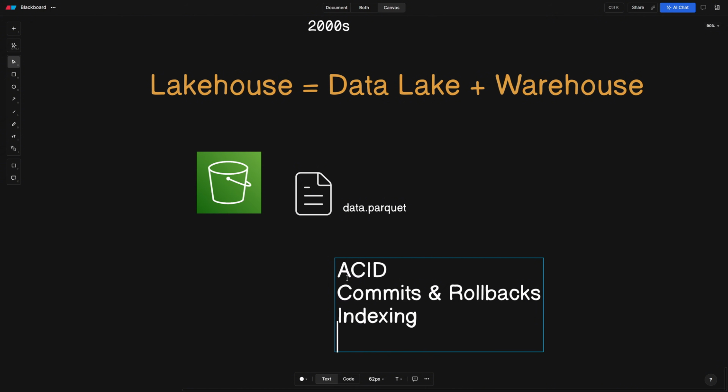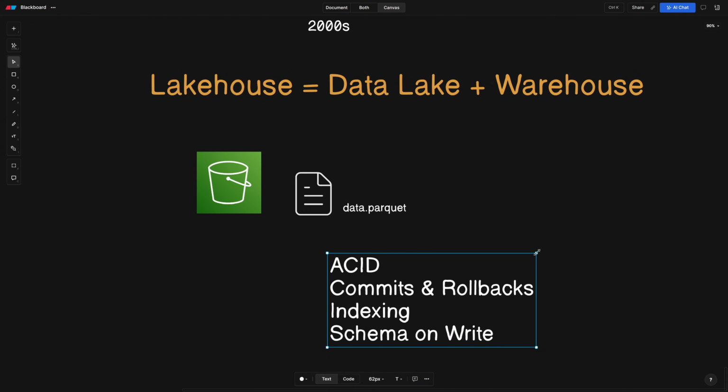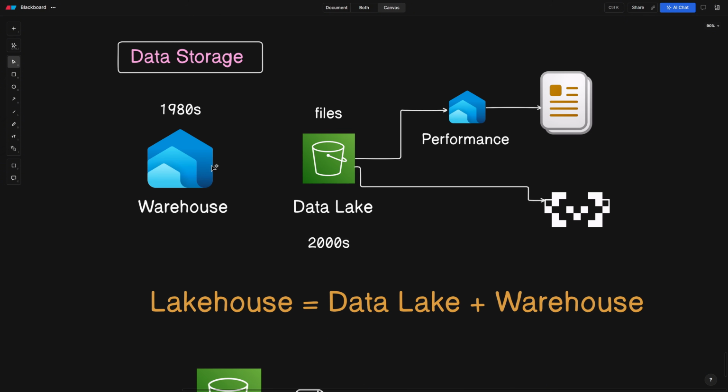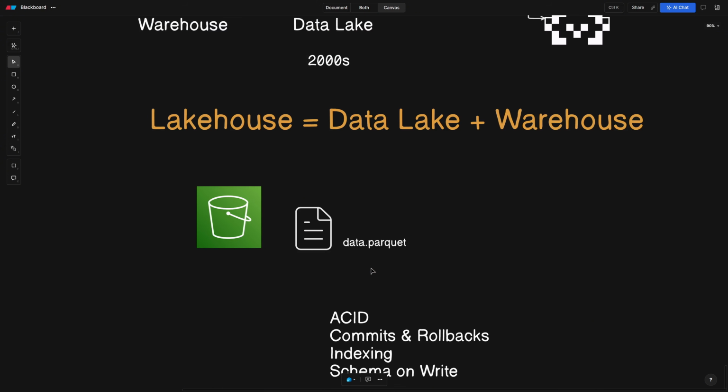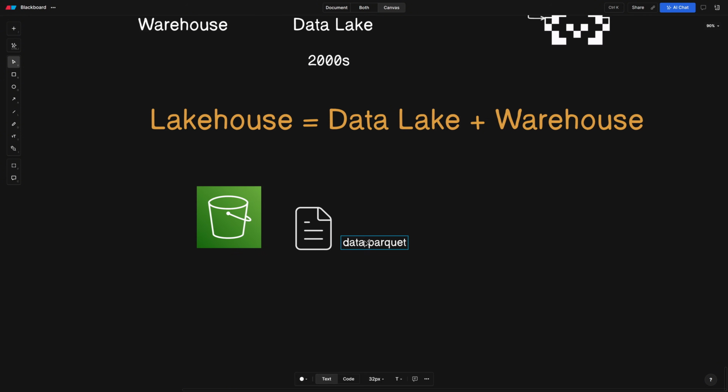I do not have schema on write. It should just make sure that the schema is not broken. So I didn't even have these basic things that I was expecting from any data warehouse, right? So then the Lakehouse came into the picture, and the Lakehouse team said, you have the file in Parquet format,